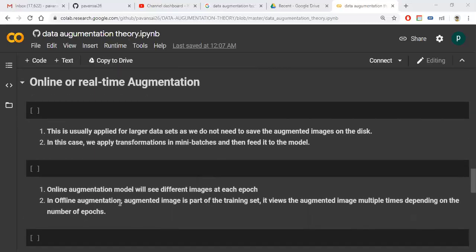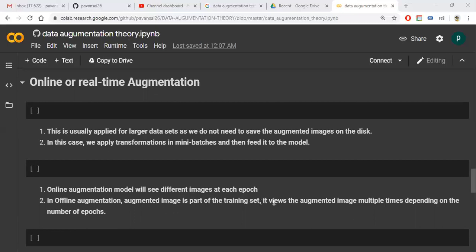See, online image augmentation gives the model different images at each epoch. If you want to get good accuracy, you give more epochs to the model. So for each epoch, we generate some mini-batch of images using augmentation. But in offline augmentation, the augmented image is part of the training set.